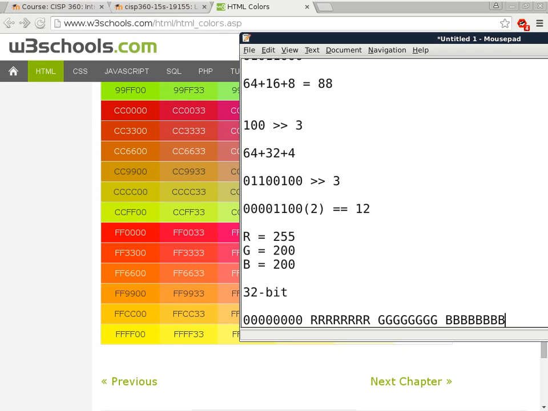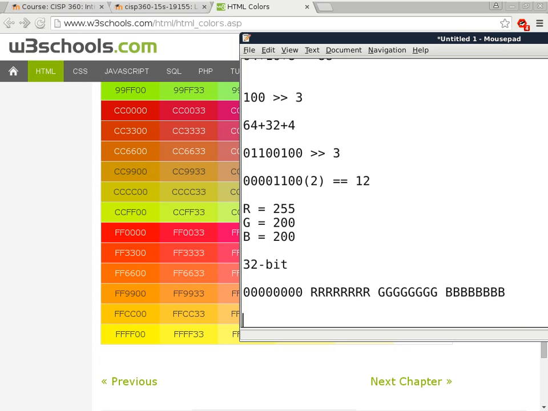The most significant 8 bits are not used. Keep those zeros. The next 8 bits will specify the red component from 0 to 255, because there are 8 bits there. And then the next one is green, and the last one is blue. Okay. So if you want to specify the pink color the way we want to specify here, one way to